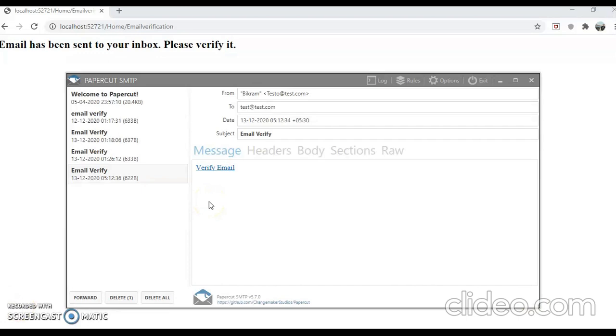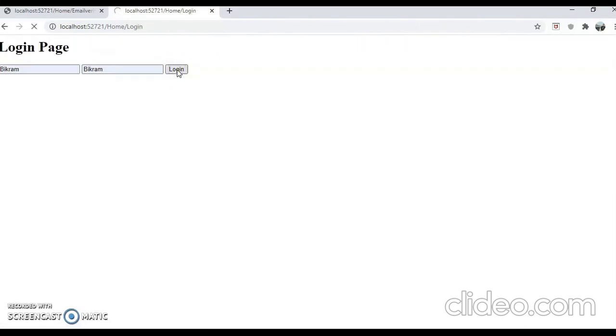As I'm verifying, we will be able to see that here in the Google Chrome, the verification has been done. So yes, we got an email saying thank you for verification, so please log in here. Now we're going to log in here. We will again put in those credentials. Also, this secret page is only accessible by a person who is authorized to access the secret page. Now I am able to access this page because I have logged in and verified my email.